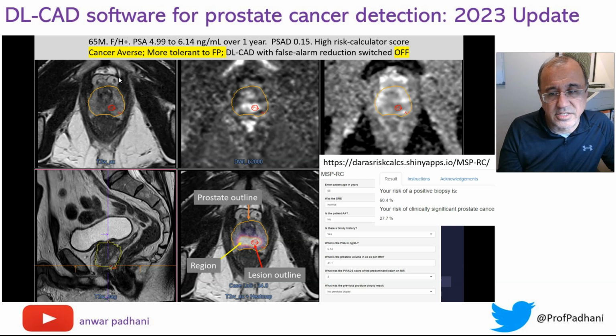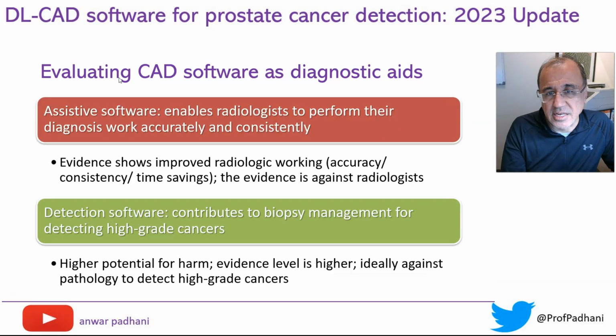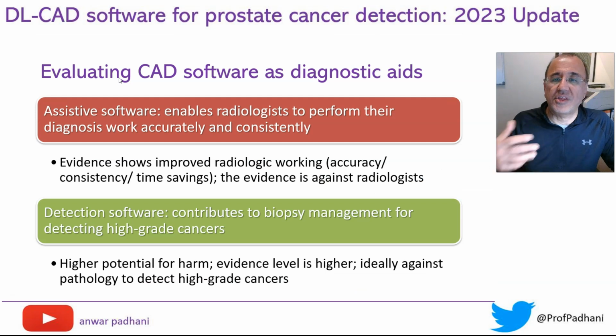You can see the risk calculator on the right hand side saying there's a 60% probability of clinically significant, a 30% probability of clinically significant cancer. So you want the outline of the prostate gland, the whole region, and of course the lesion itself. So we can think about